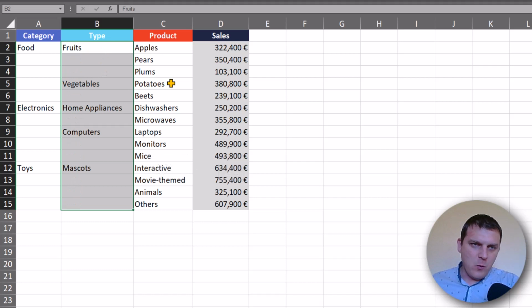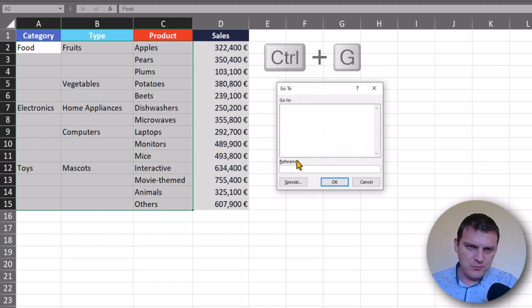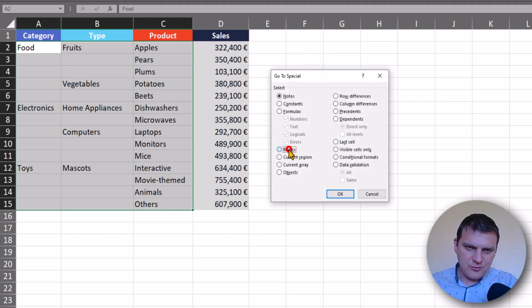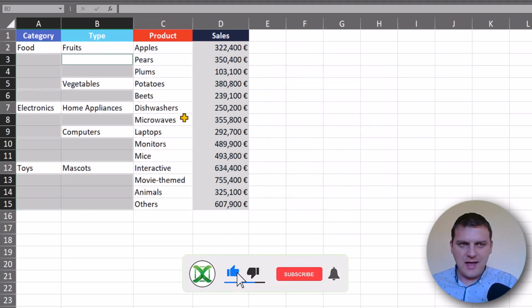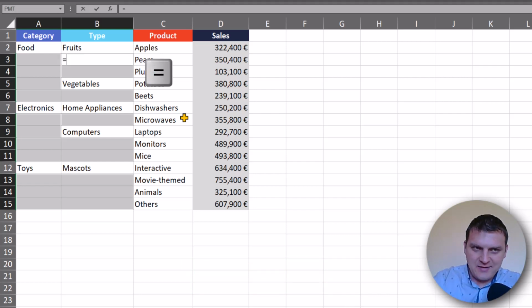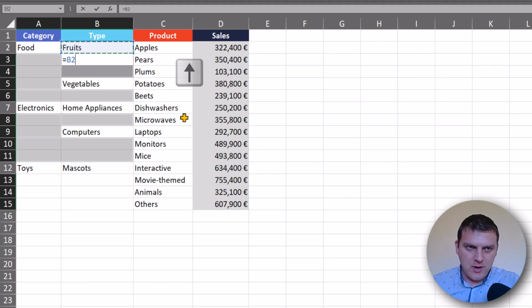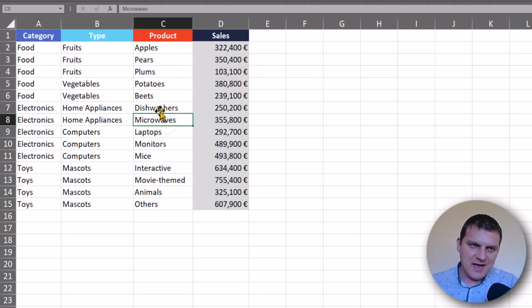So we have to select all the cells that are important for us here and then press Ctrl+G to go to Special, select Blanks and press OK. And now we have selected the empty cells. Now it's important that we don't click anywhere. We just press the equal sign and then the up arrow. And now we have to use the Ctrl+Enter shortcut, and just like that we put